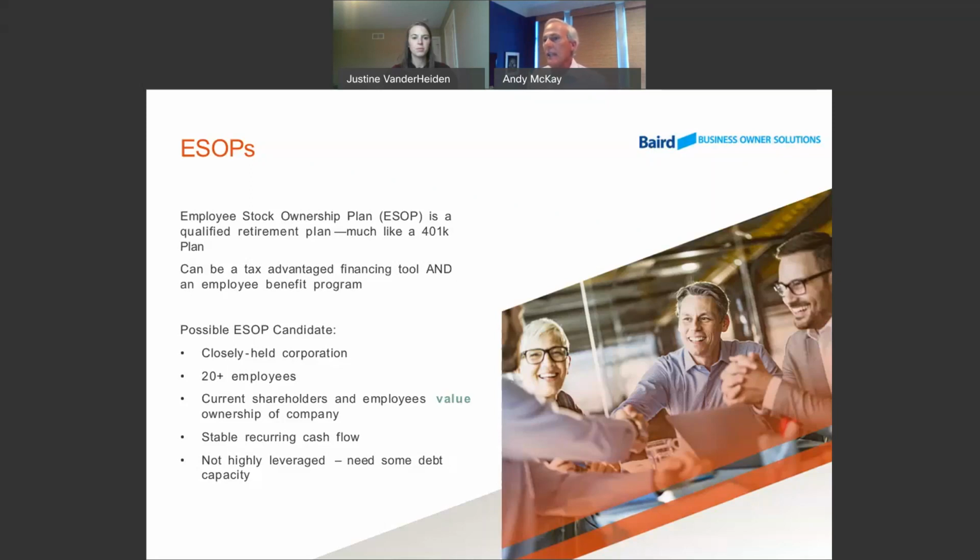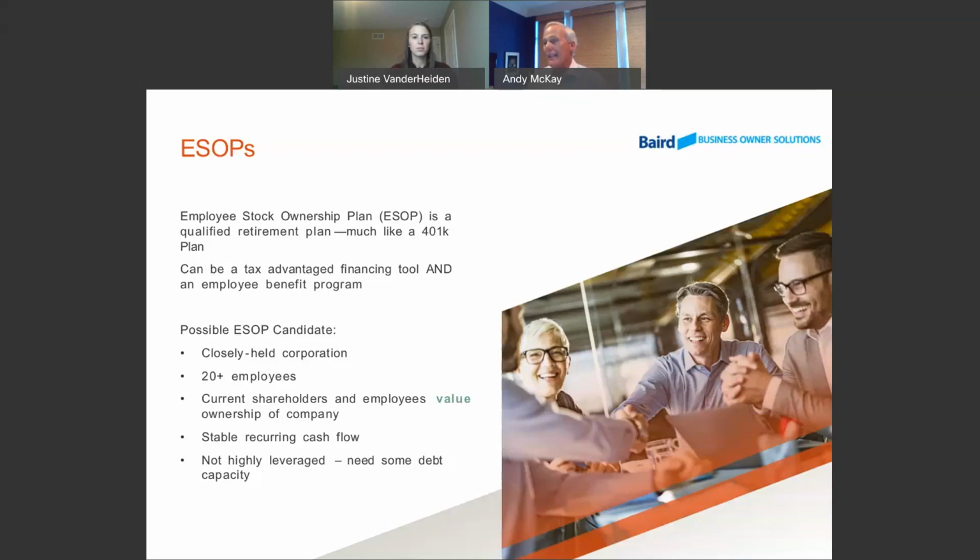You essentially can purchase the business out of its future earnings pre-tax. There are not a lot of great tax arrangements today, but an ESOP, if you think about it, it's a qualified retirement plan. So think like 401k, but instead of owning stocks and bonds in the account, it owns the stock of your